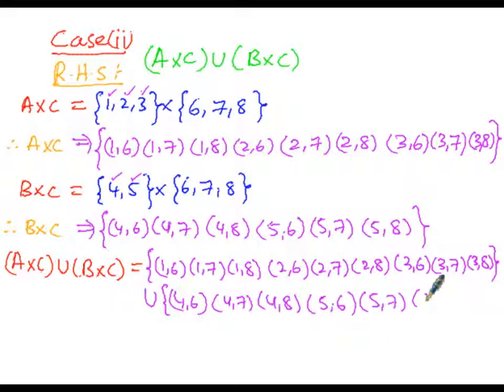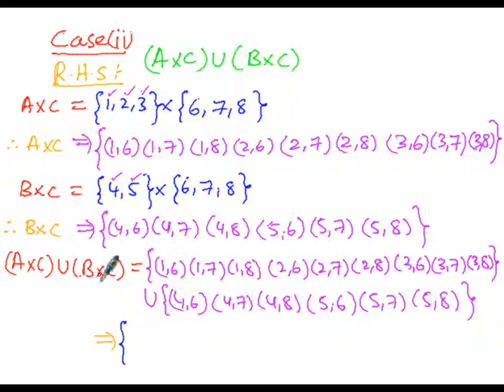Then now, since we are finding the union of these two sets, then now the union gives us in this manner, that implies, so we have to find out the union of A cross C and as well as B cross C. So here the set consisting the elements of A cross C or B cross C or both A cross C and as well as B cross C.